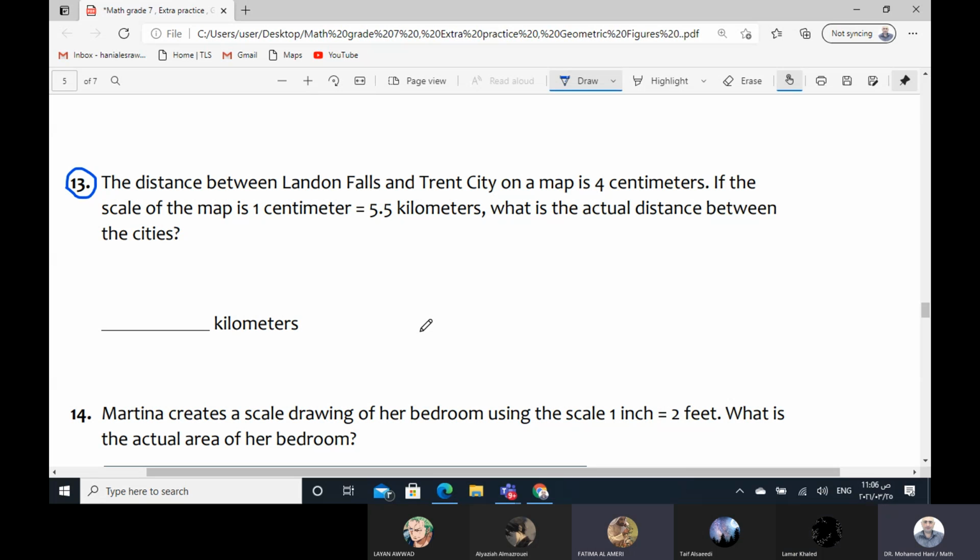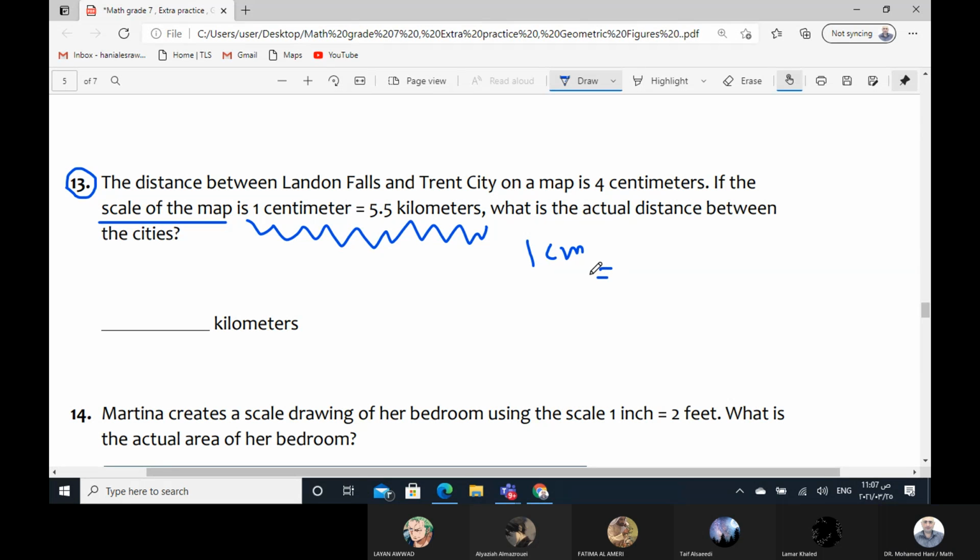The distance between Landon Falls and Trent City on a map is 4 centimeters. If the scale of map is 1 centimeter to 5.5 kilometers, what is the actual distance between the cities? Thank you. Right. As you see here, each map has a scale of map. The scale of map here, 1 centimeter equals 5.5 kilometers. So start from here. 1 centimeter